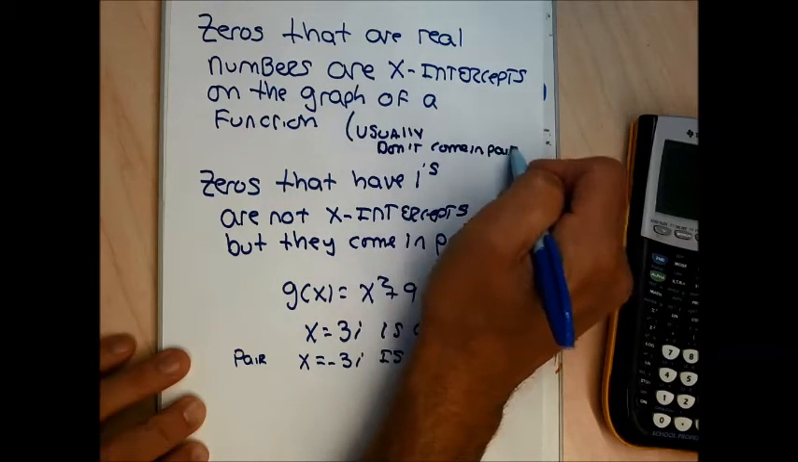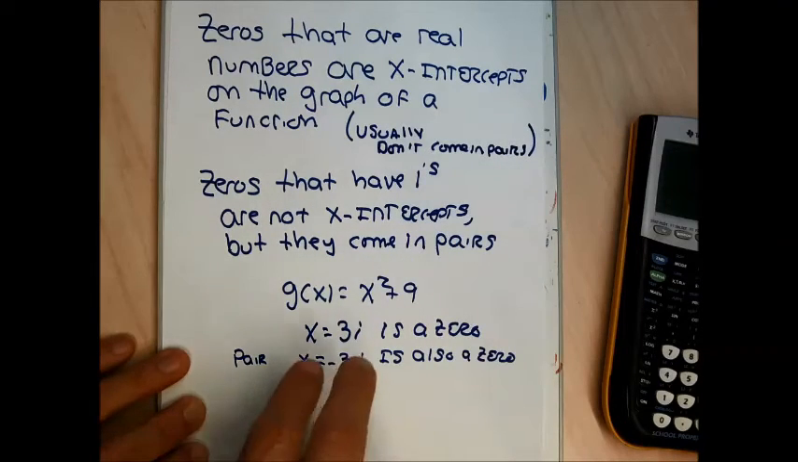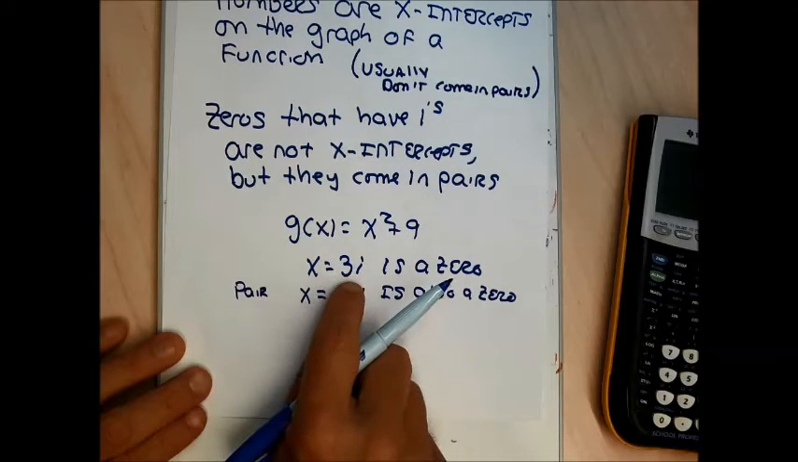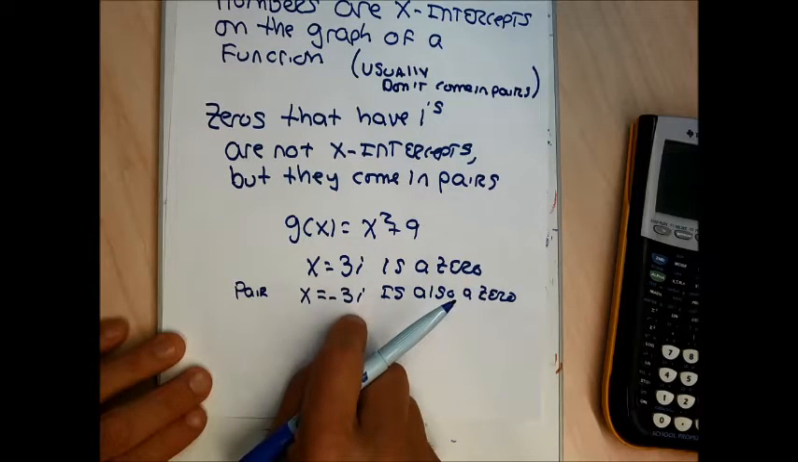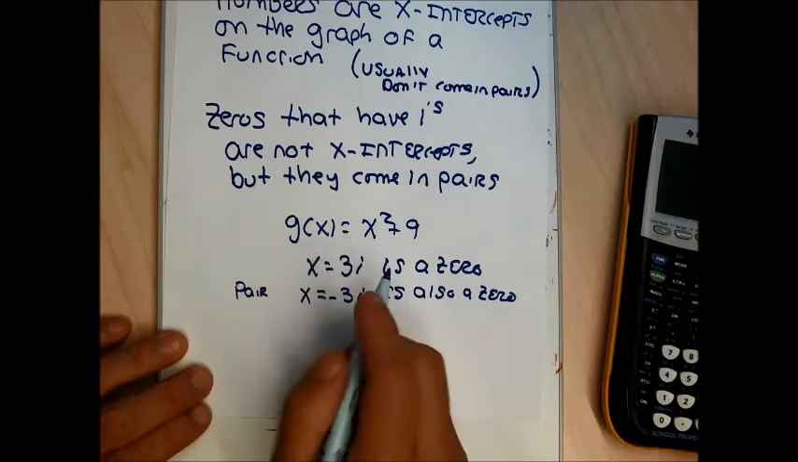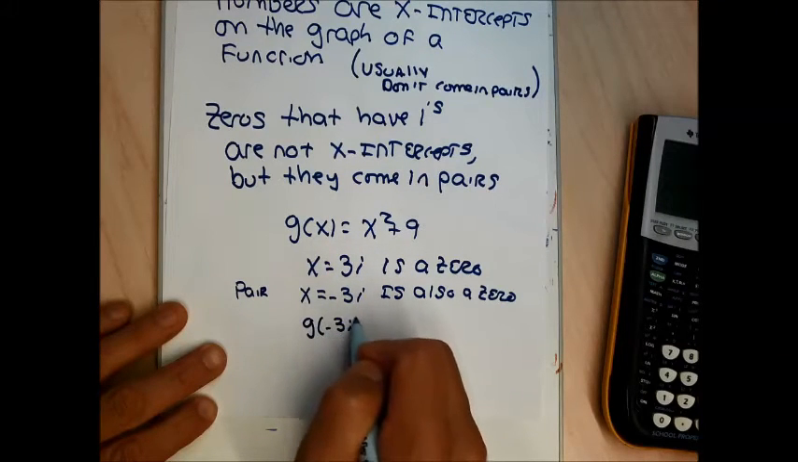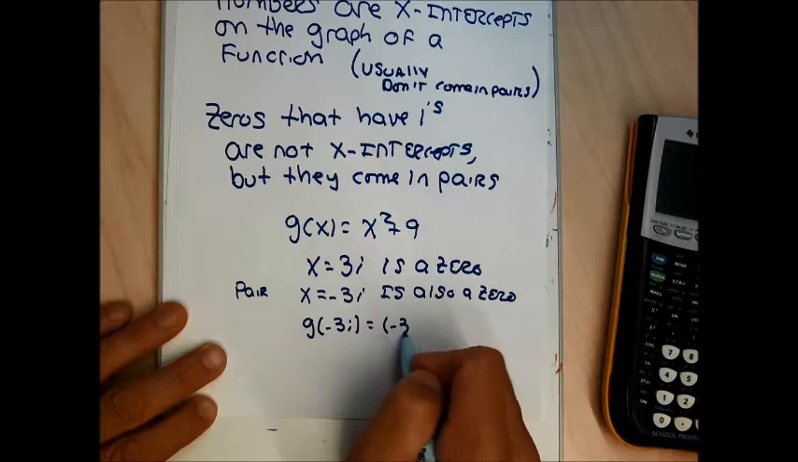They can come in pairs, but it's not a guarantee. Zeros that have i's absolutely come in pairs, which means if the positive with an i is a zero, the negative with an i is also a zero. So for this problem right here, the negative 3i is guaranteed to be a zero because if you plug in negative 3i for x,